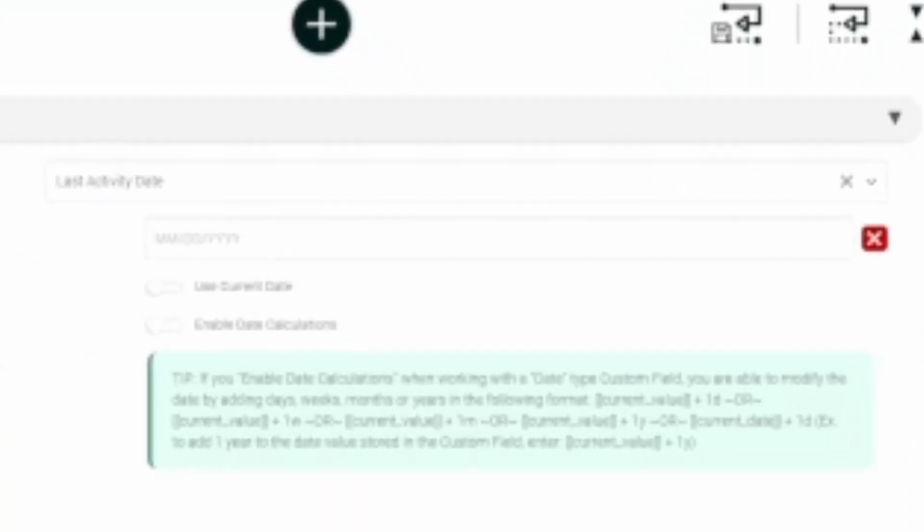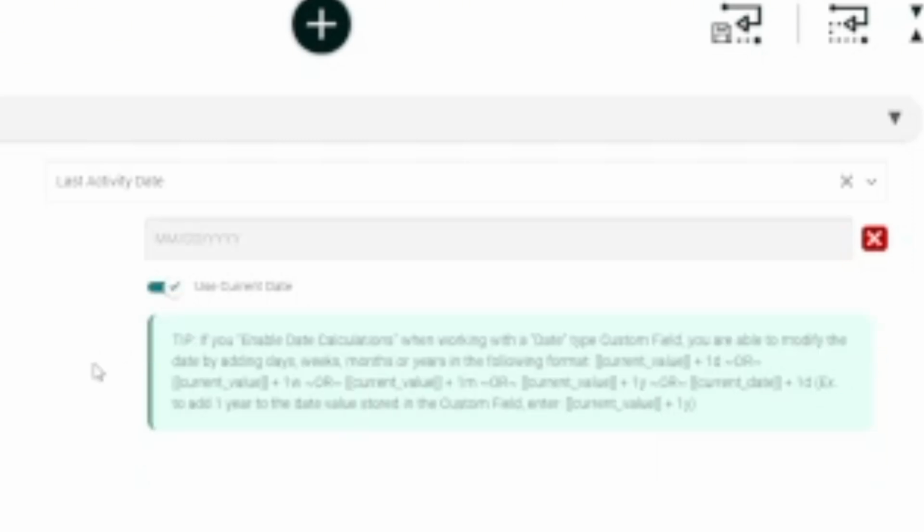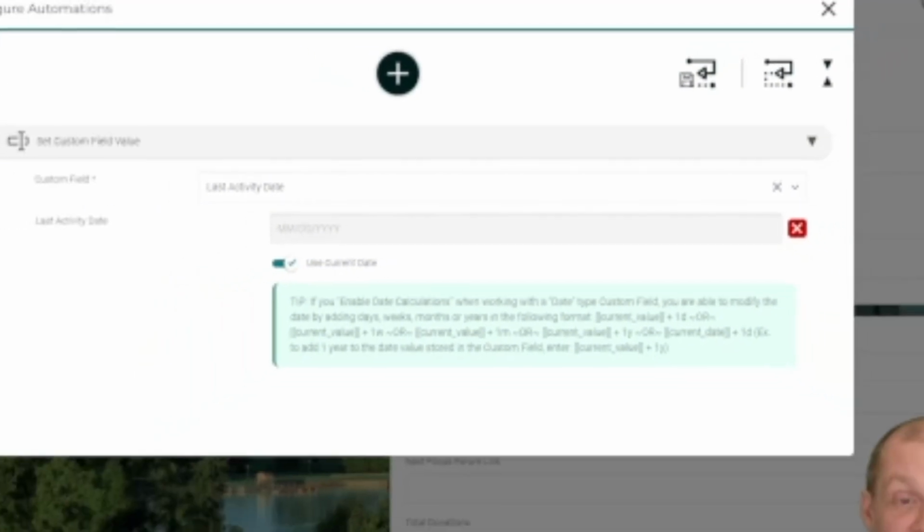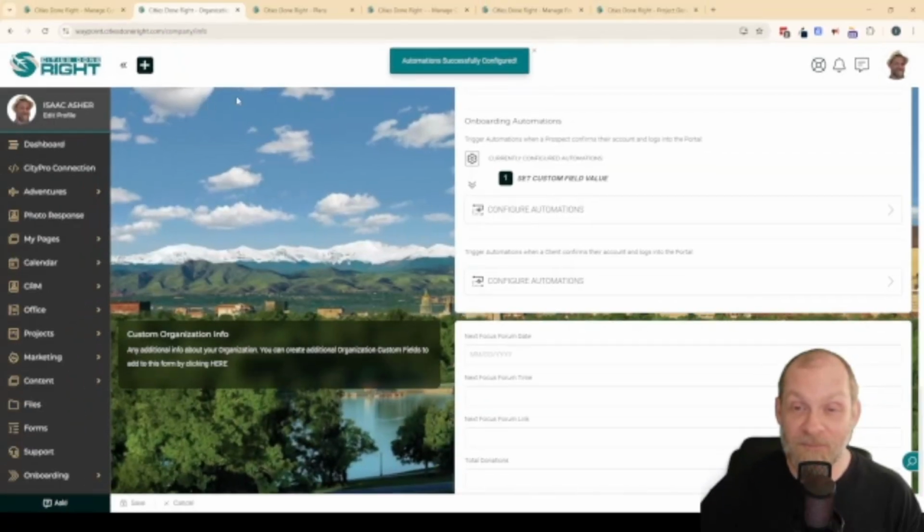Now, here's the trick that's really cool in SuiteDash. See this toggle switch, use current date? All we do is toggle that on. And so now what that means is when a new prospect confirms their account and logs in, the last activity date will be set to the